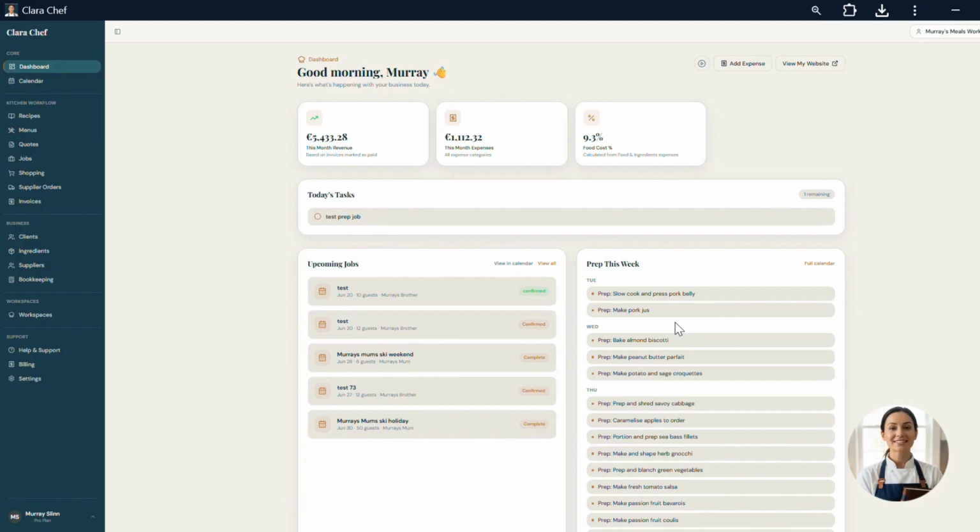Upcoming jobs. These are all the jobs that are coming up in the next few weeks, and you'll be able to click on them and go straight to the live job. Likewise, click on one of these prep jobs, and it will take you to the calendar. You'll be able to directly mark these prep tasks as complete from the dashboard as well, which is quite handy